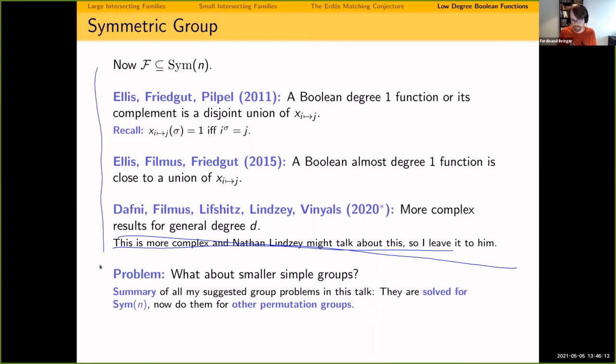Now, what is open here? I mean, I never thought about this, but I have no idea if you can say anything about smaller groups, like even what are the Boolean degree 1 functions in that context. So this is usually just what sits in a certain eigenspace. So you can also see it as a regular set of certain graphs, which is a different way of looking at it.